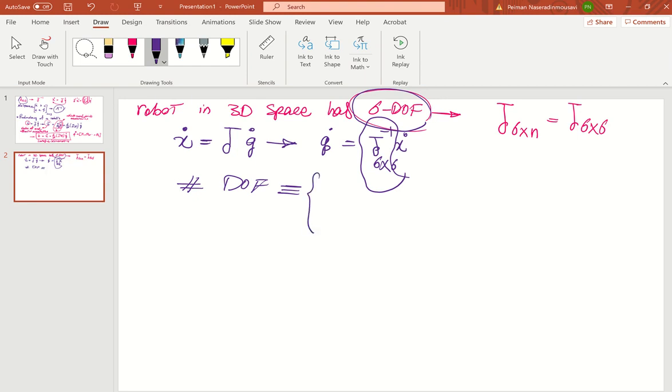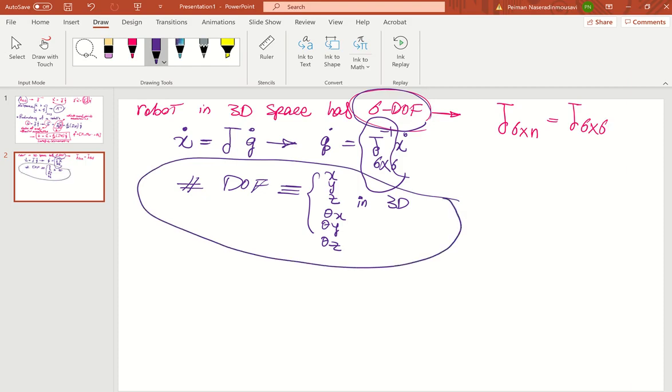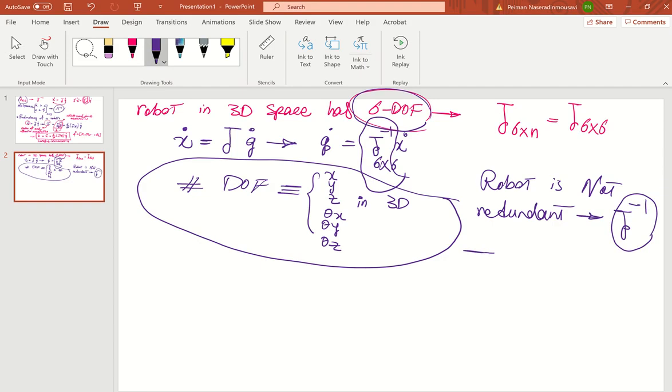Look at here, you have x, y, z for the rigid body, and theta x, theta y, and theta z. So you have 6 motions in 3D space. So in this case, when you have 6 degree of freedom, your robot is not redundant. So when the robot is not redundant, you easily have the inverse of the Jacobian. And if I give you the end effector